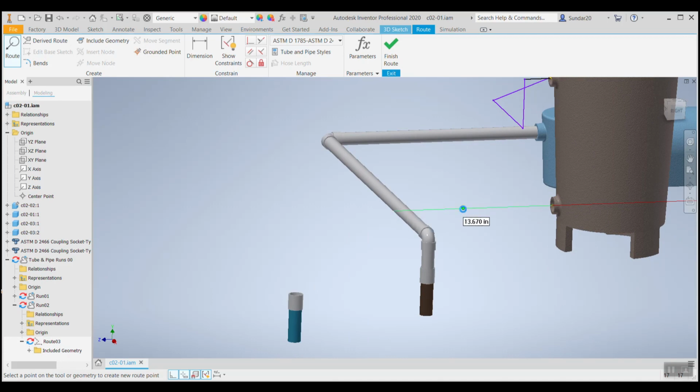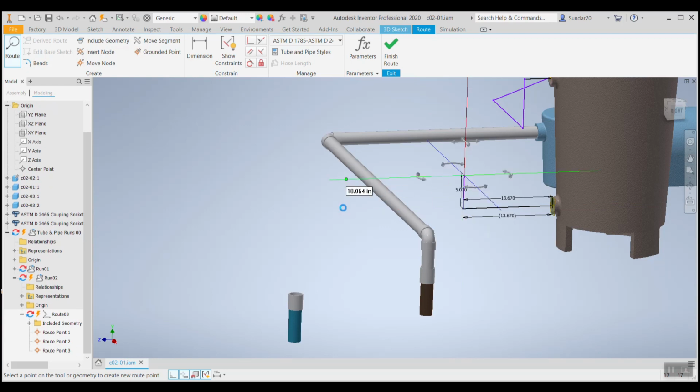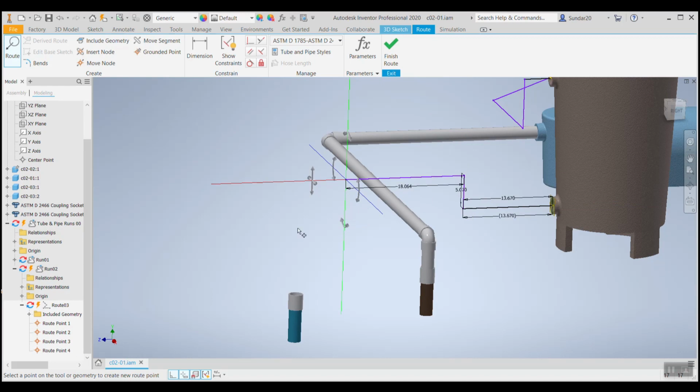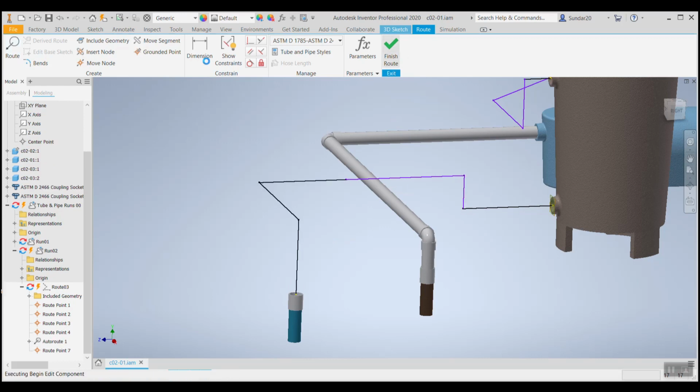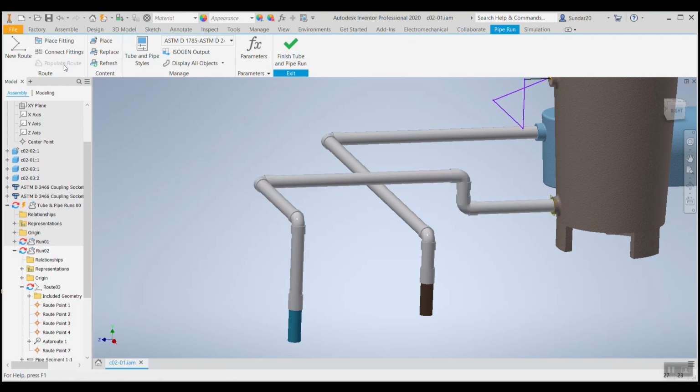So to avoid that, we'll go and create a bump over here, and now we can go and select these two. So the first half we have done using manual, we have manually routed, and from here we have opted for automatic routing and say OK, and go over and populate this. So this is a combination of both manual routing as well as automatic. So you get the difference, right?